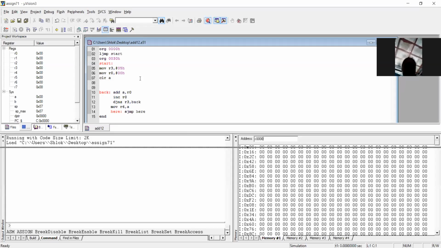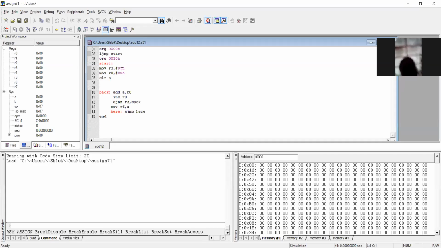Whatever you are writing in your program, you are writing into RAM, and these memory locations are taken by the program.